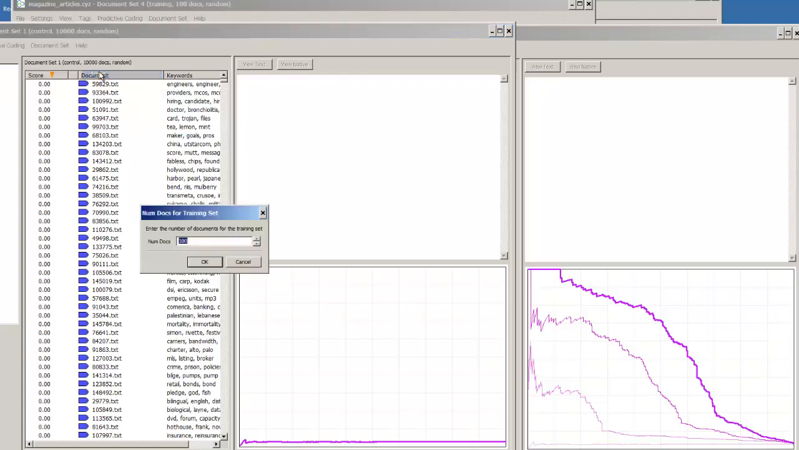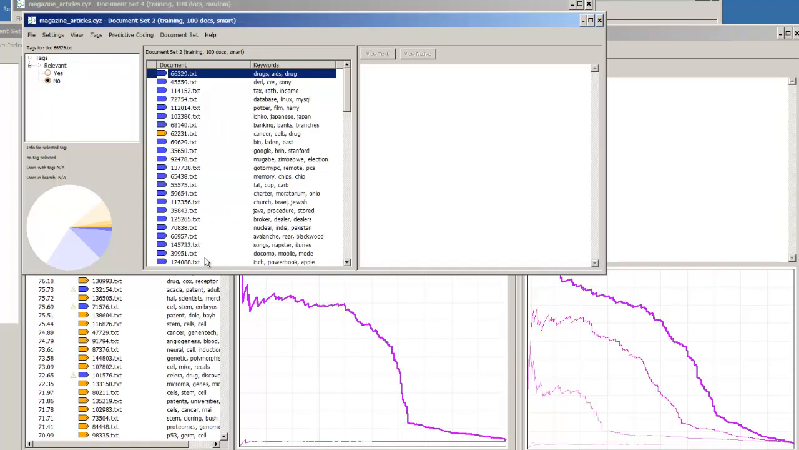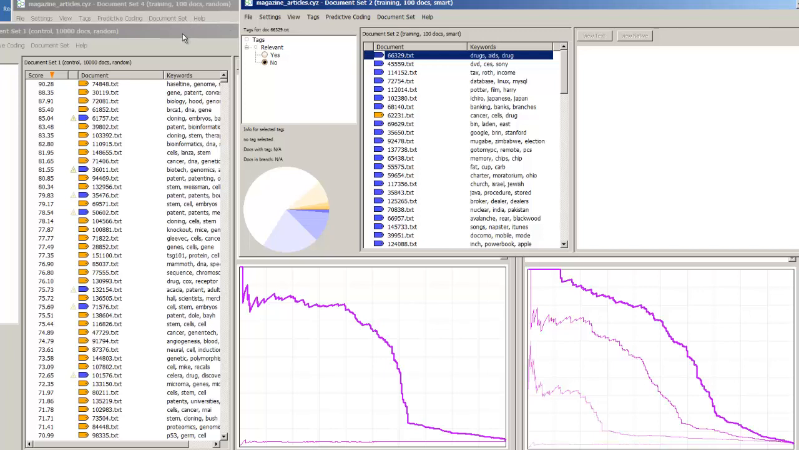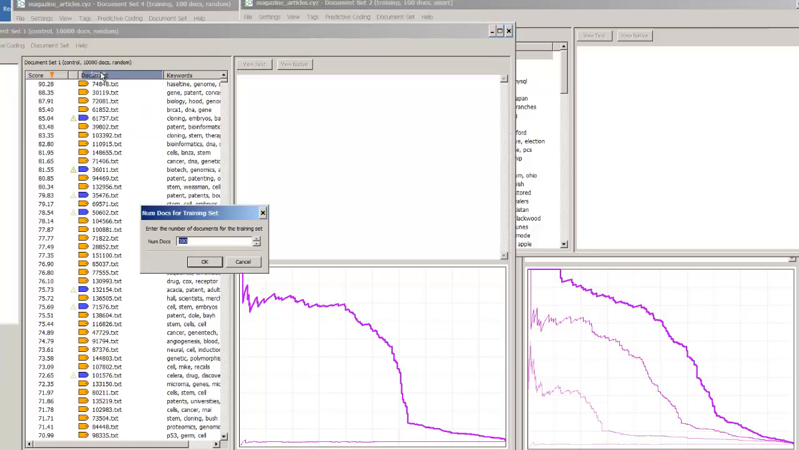And now I'm going to train using smart sampling. So instead of 100 random documents, I'm going to use 100 smart sample documents. Smart sampling is an active learning algorithm. It tries to strike a balance between probing untested regions of the concept space and refining the boundary around the relevant documents. If I do some more training,